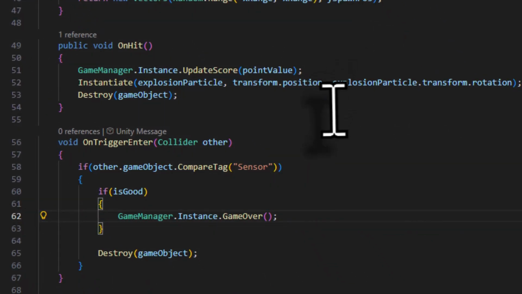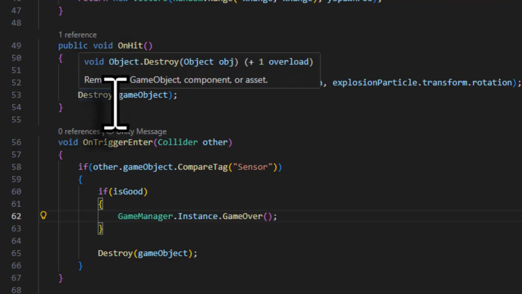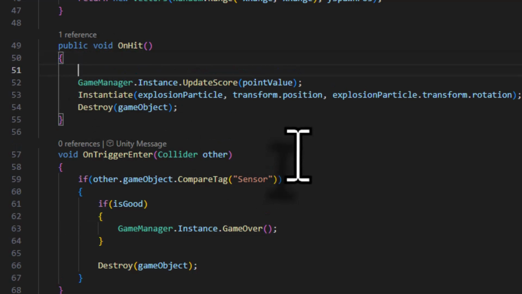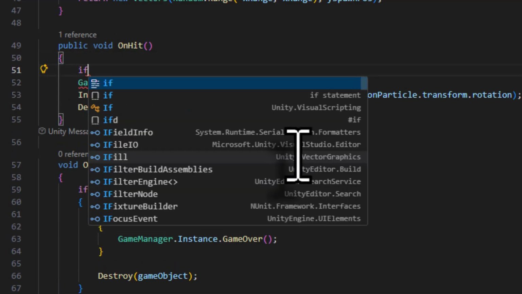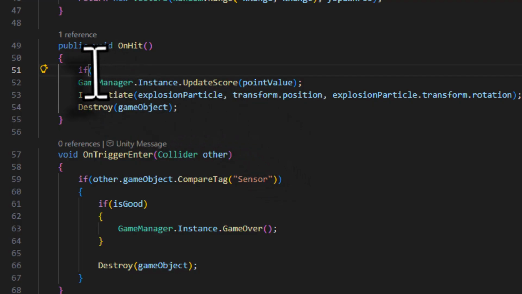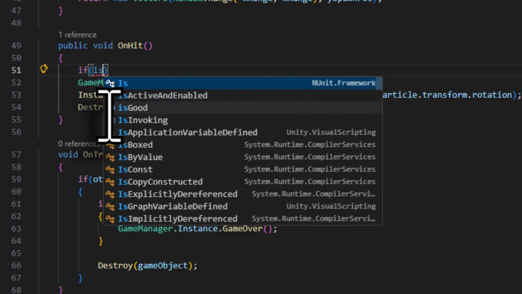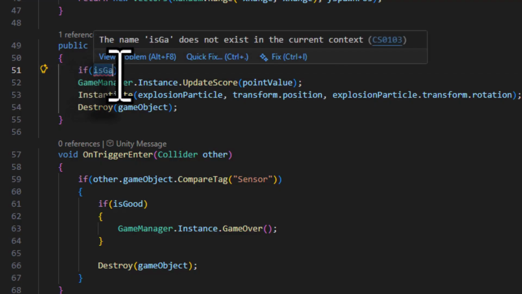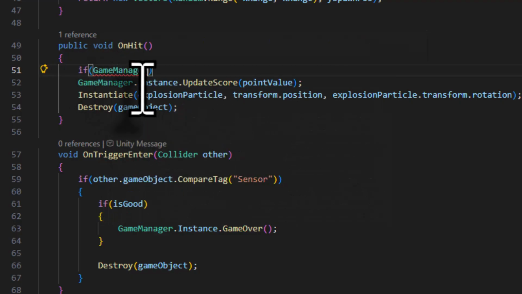In OnHit, all the commands that we are asking it to execute here should be executed only when the game is not over. So in OnHit also, I am going to come into this code block, add an if condition, and check for the condition is game over. I cannot call it directly. I have to first call my GameManager period